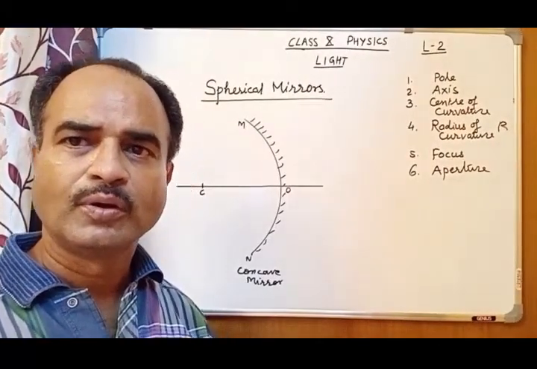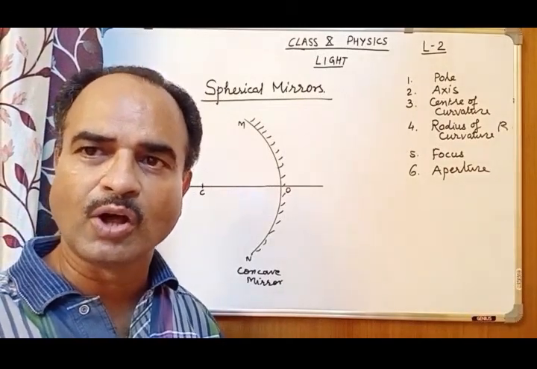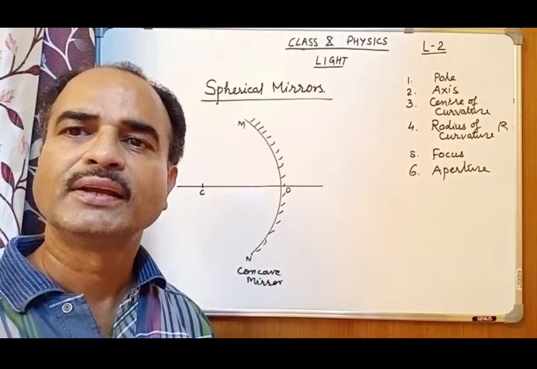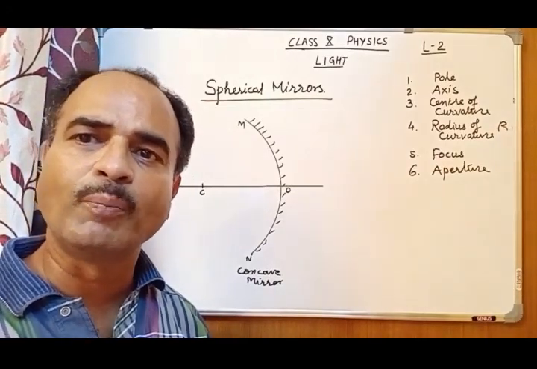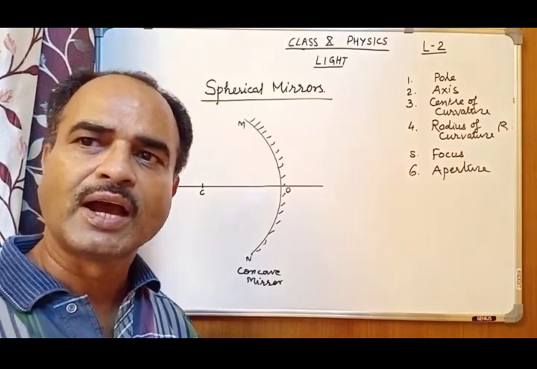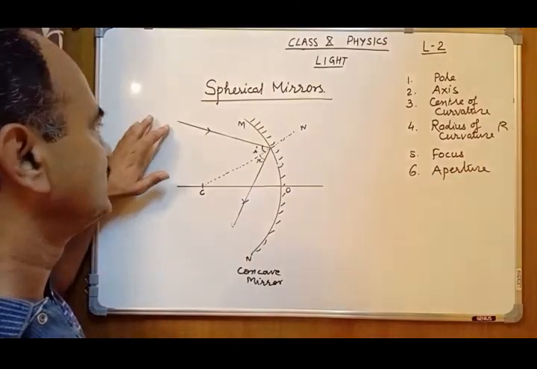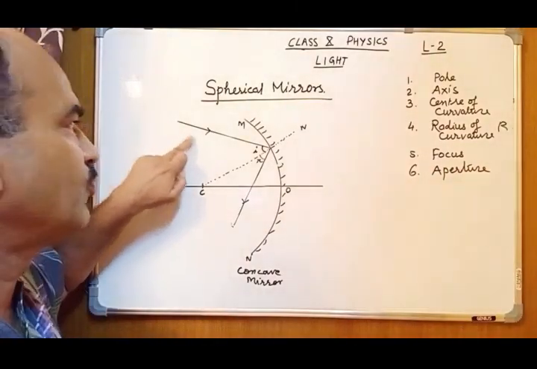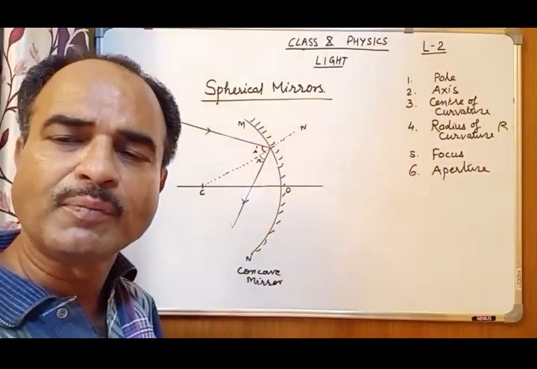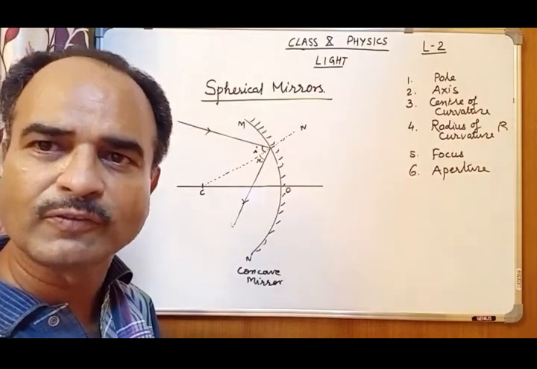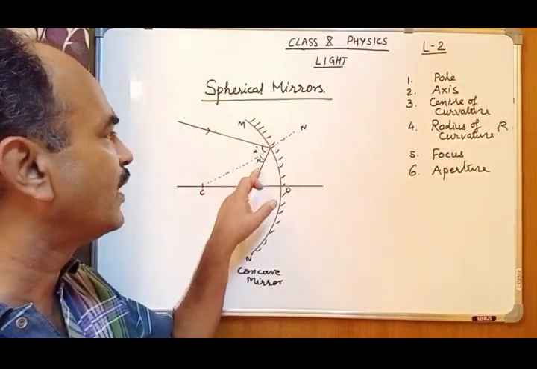Now let me tell you how a ray falls on the polished surface, how the laws of reflection are followed, and where the rays ultimately go. So let us take the example of any ray falling obliquely on this surface. Let us consider this ray is coming and falling obliquely on this surface. What will happen? It will be reflected, and in reflection it will again follow all the laws of reflection. How? It will make an equal and opposite angle.